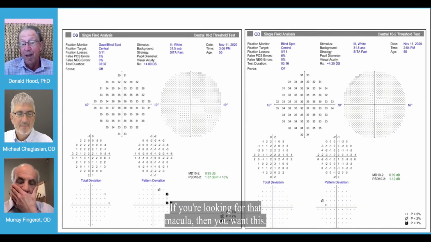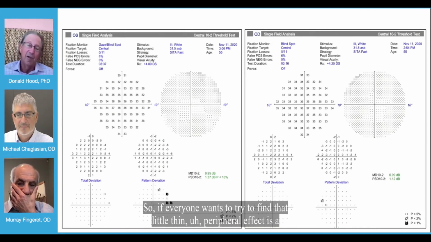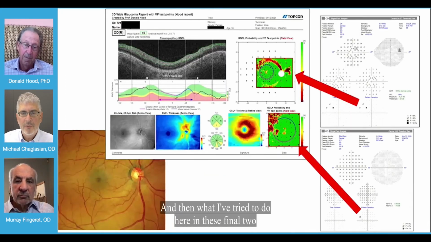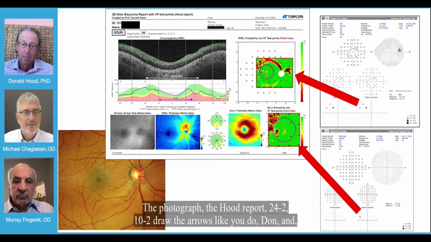If you're looking for that macula, then you want this. If you want to try to find if that little thin peripheral defect is real, different story. And then what I've tried to do here in these final two slides is to just put everything together: the photograph, the hood report,